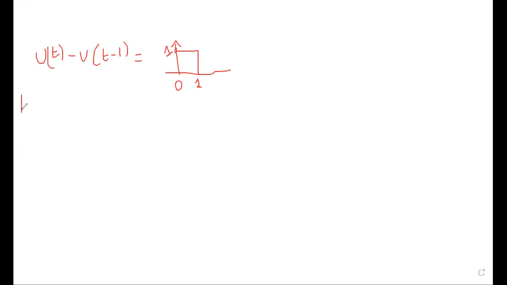But my aim is not finding u(t) − u(t − 1). I want the complete term h(t). h(t) is equal to a constant times this bracket. So how will I draw my h(t) now? My h(t) is now just the square, or I can say it is a pulse between 0 and 1 with the amplitude 4.